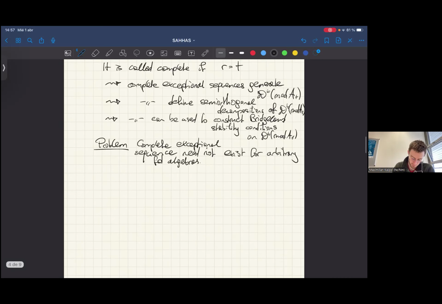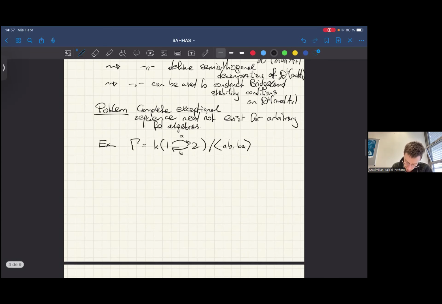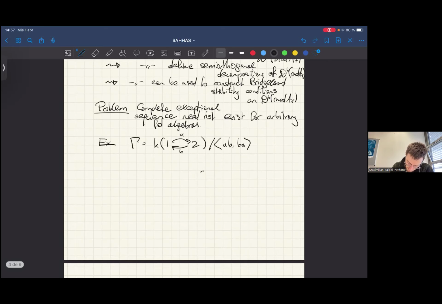Okay, for example, let's take the algebra gamma, which is very closely related to our A2 example, A2 as in t equals 2 in our thing above, but now we're killing both paths of length 2. We can look at its Auslander-Reiten quiver, which again looks very similar to the one that we had above, but now we have ruined the degree 2 self-extension